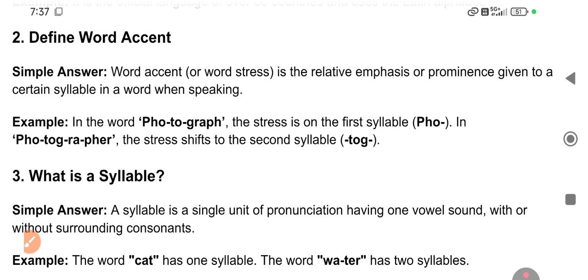So this way you can define word accent along with the examples I have given you. You can give the same examples. So do practice it. I am going to add it in the next slideshow, but here on demand I'm making this video because someone told me to at least give some little hint about different answers, like what can be written. So this video is just an overview, a very simple answer on how to start the answer.